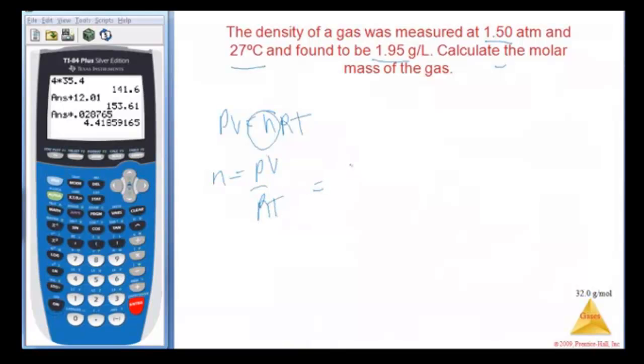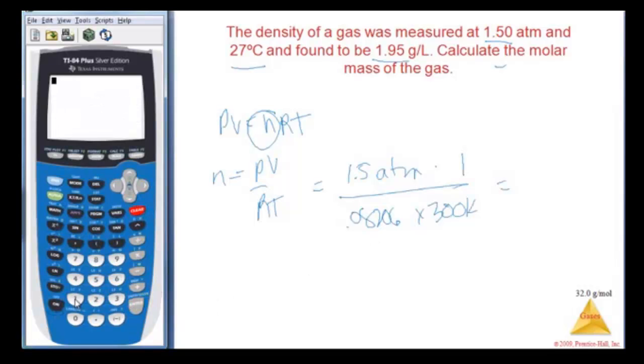P in this case is 1.5 atm. V is, I'm going to assume 1 liter, right? Grams per 1 liter. My R is 0.08206. My T is 27 plus 273, that's 300 K. Okay, so what I have, I'm going to clear this, and I get